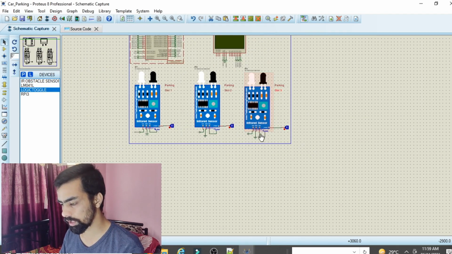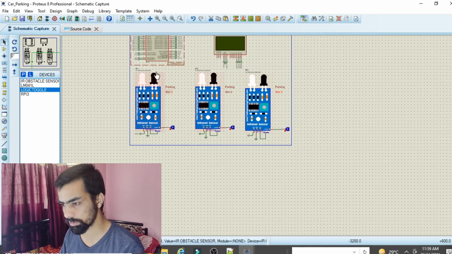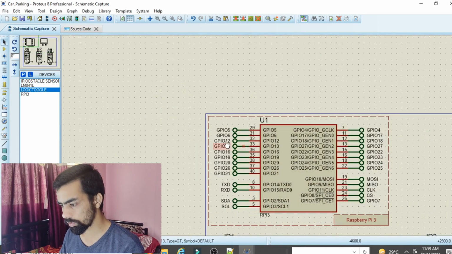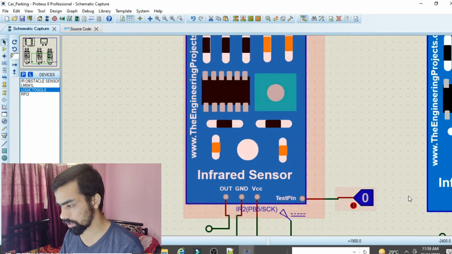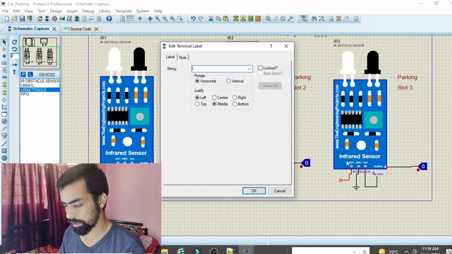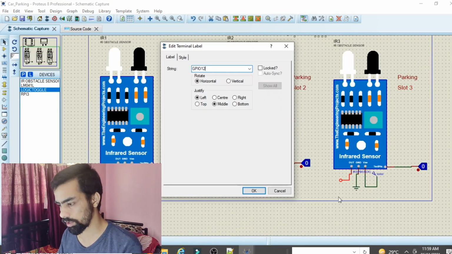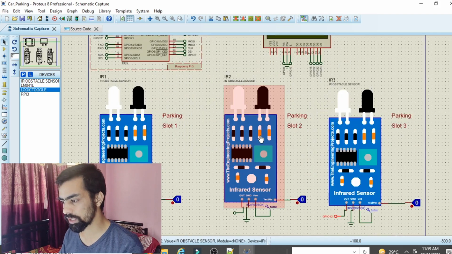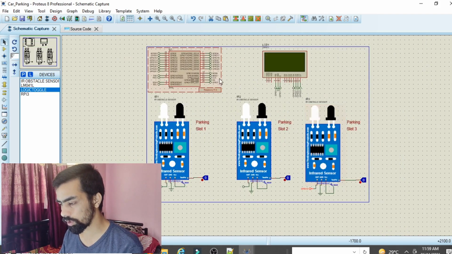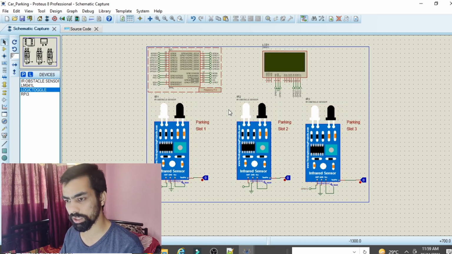And then after that connect that IR sensor to Raspberry Pi GPIO 12. So double click on this pin and give the name GPIO 12 and click on OK. So in this way you have completed all the parts of your project, meaning the circuit diagram of this project.